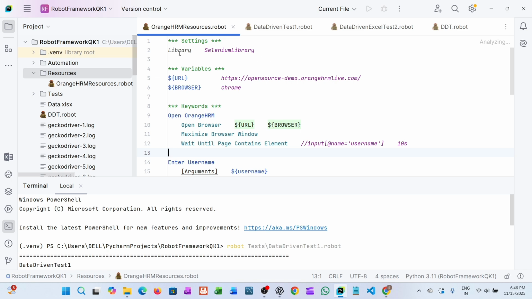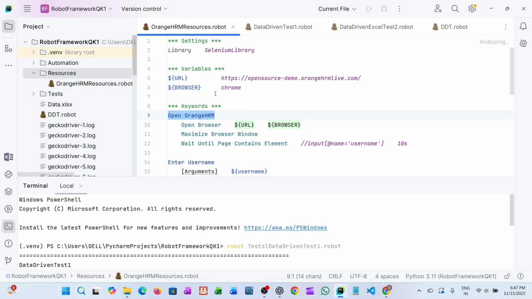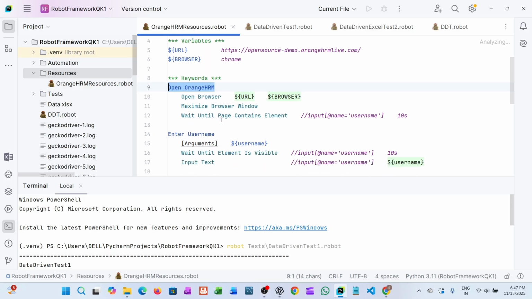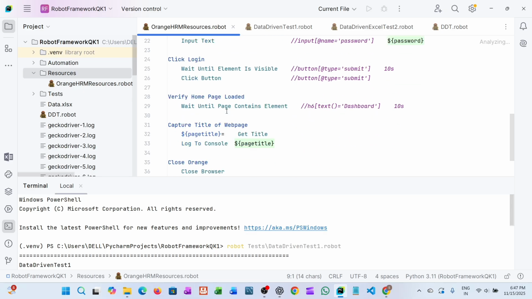The Selenium library is needed because all browser commands, like open browser, click button, and text box, are in this Selenium library itself. Then under variables we use URL and browser for declaring variables along with some values. Then in the keyword section we saw the Open Orange HRM keyword, where our code opens the browser, maximizes it, and waits until the page loads. All those things we have already written and stored in this OrangeHRM resource file, where the code to enter username, password, click button, and verify is stored along with XPath and their